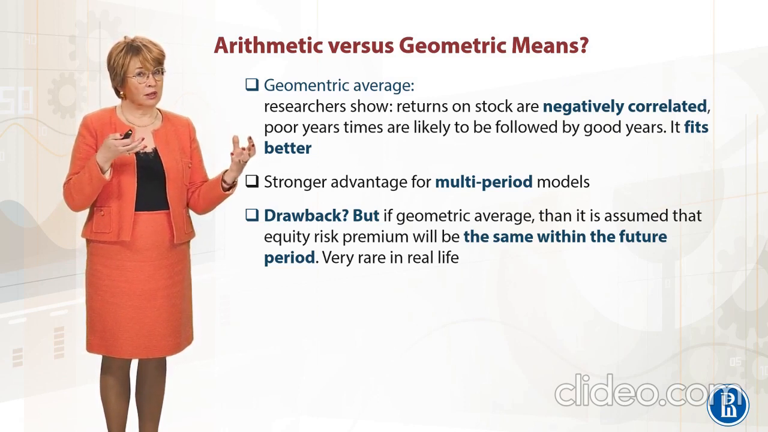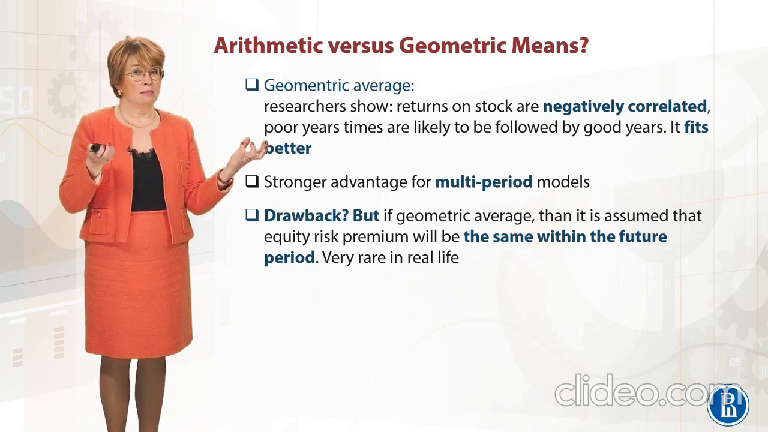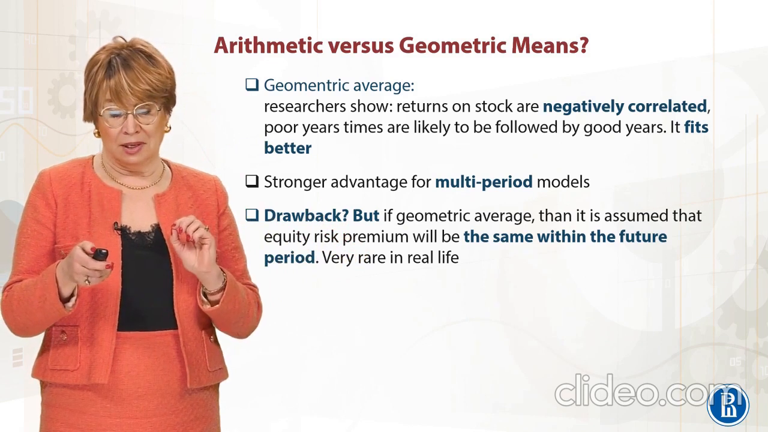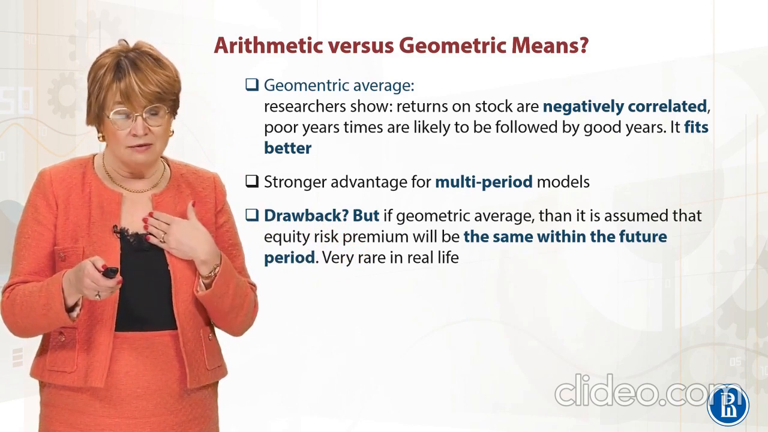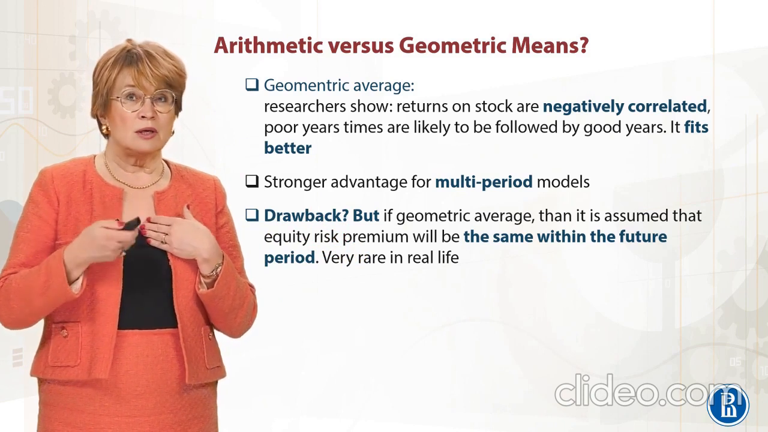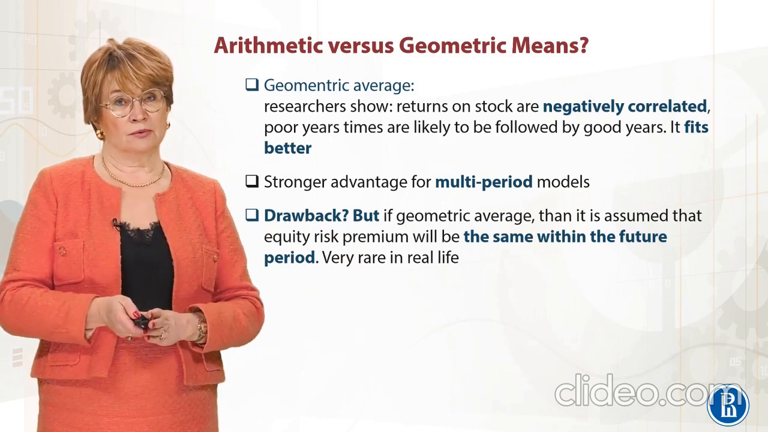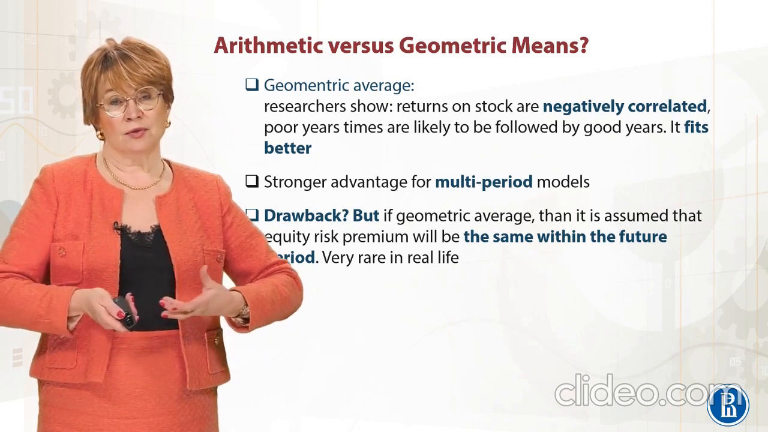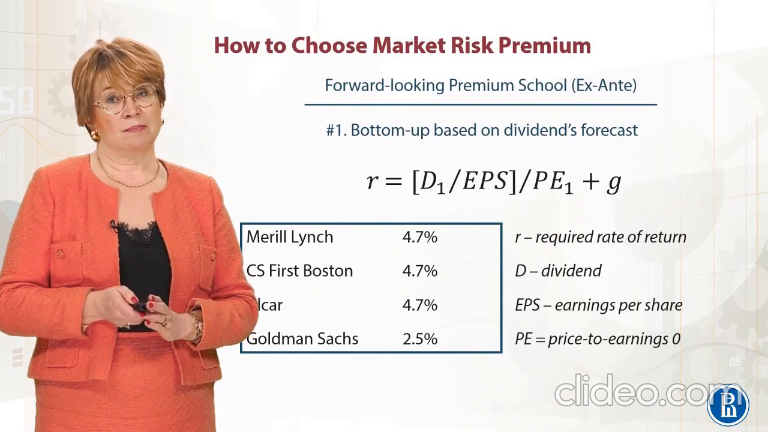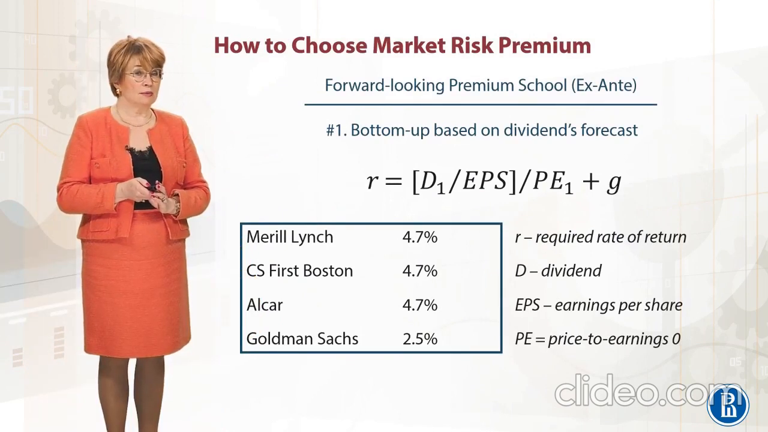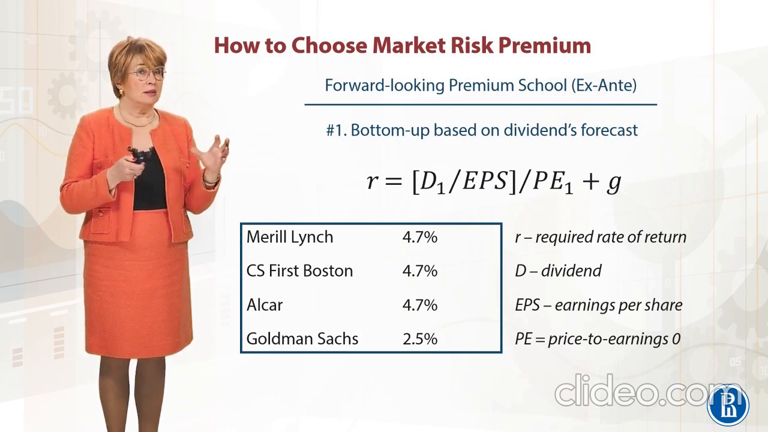Each approach, arithmetic and geometric means, has its pluses and its minuses. And then everything depends on your analytical culture, which particular approach you really want to follow to avoid the most errors you can avoid. To continue our discussion of how to choose the market risk premium, we already discussed only one historical